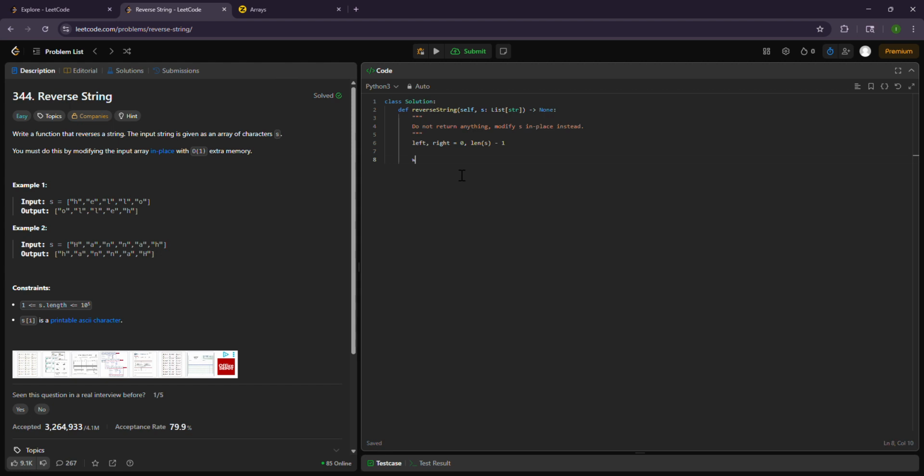So we are going to say while left is less than or equal to right, we're going to interchange them. This is Python's way of performing swaps. We're going to interchange them. Then we're going to decrease right by 1 and increment the left pointer by 1. And because we are doing this in place, we don't have to return anything. So when we run this,